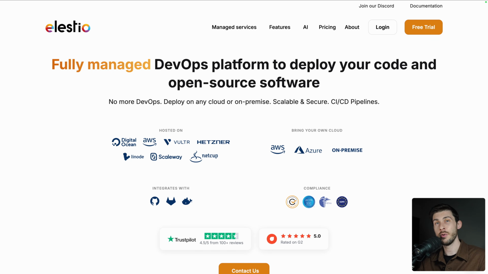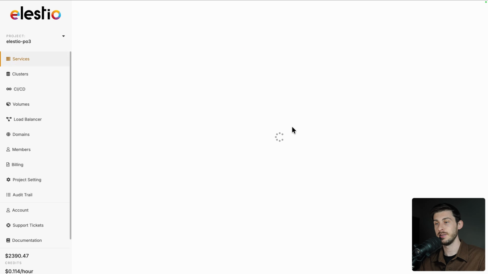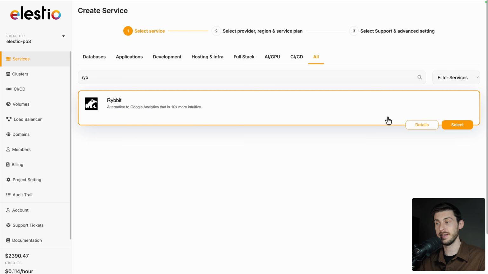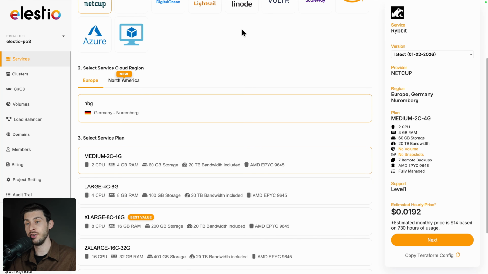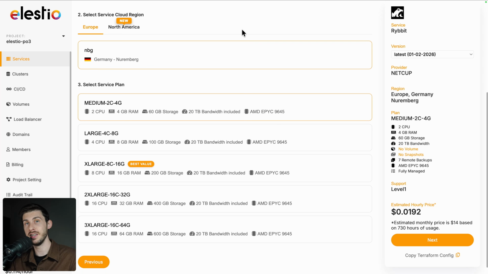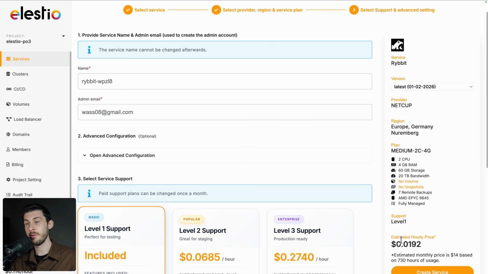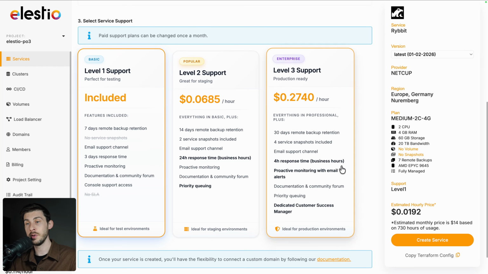To start using Rybbit on our platform, head to elest.io and click on Login. Then deploy my first service, search for Rybbit and select. Choose between the different cloud providers, regions and service plans based on your needs. Then next. On the final screen you can adjust more advanced settings, as well as choosing between one of the